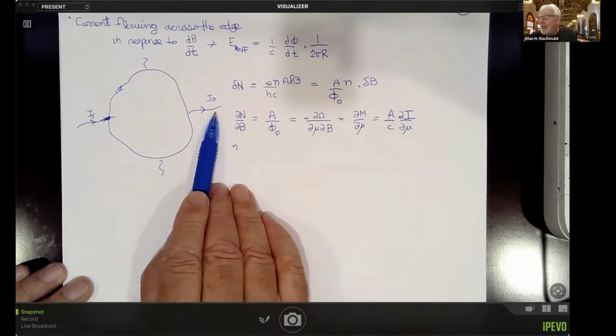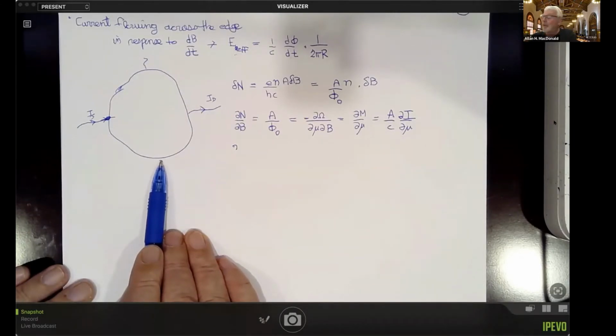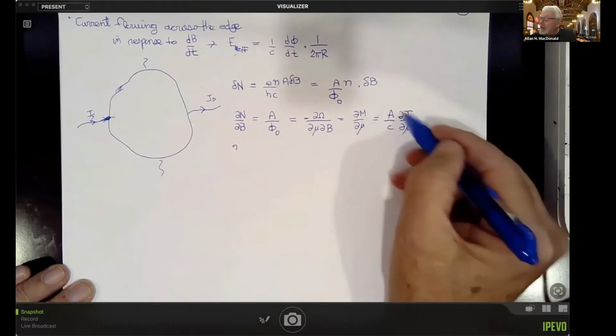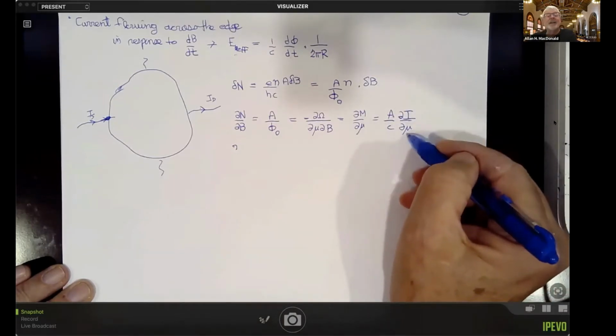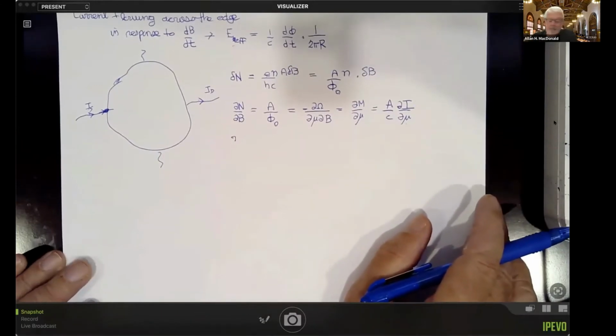And if the edges are locally in equilibrium at some chemical potential, what you actually measure is the difference of those chemical potentials. That's the Hall voltage. So it's actually this dI_edge/dmu that is exactly the thing that's measured experimentally.